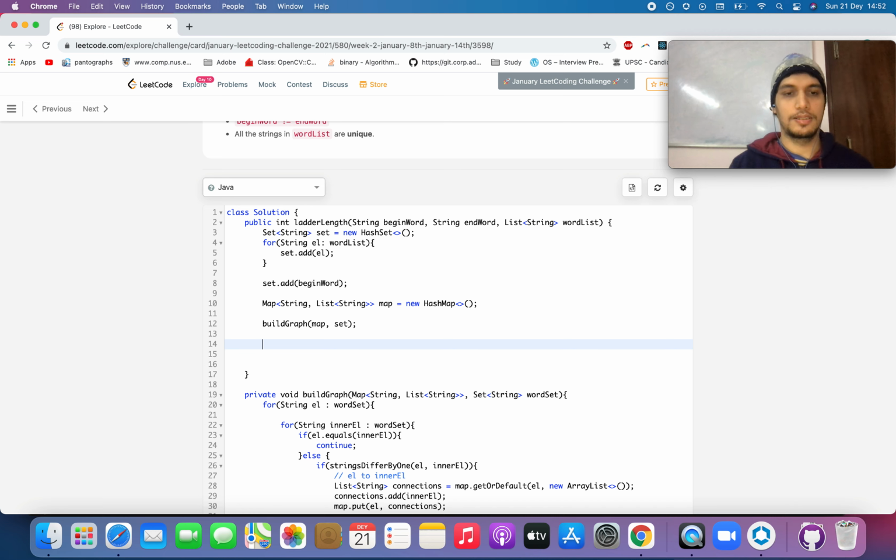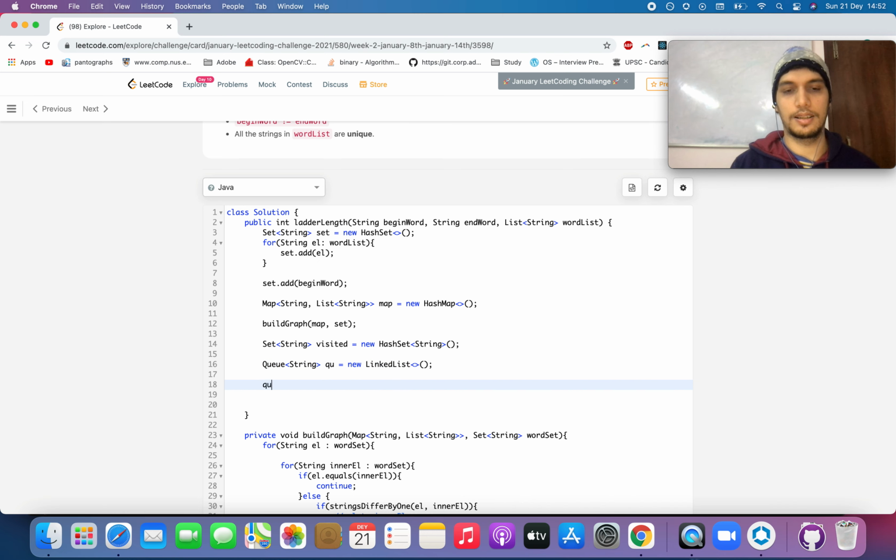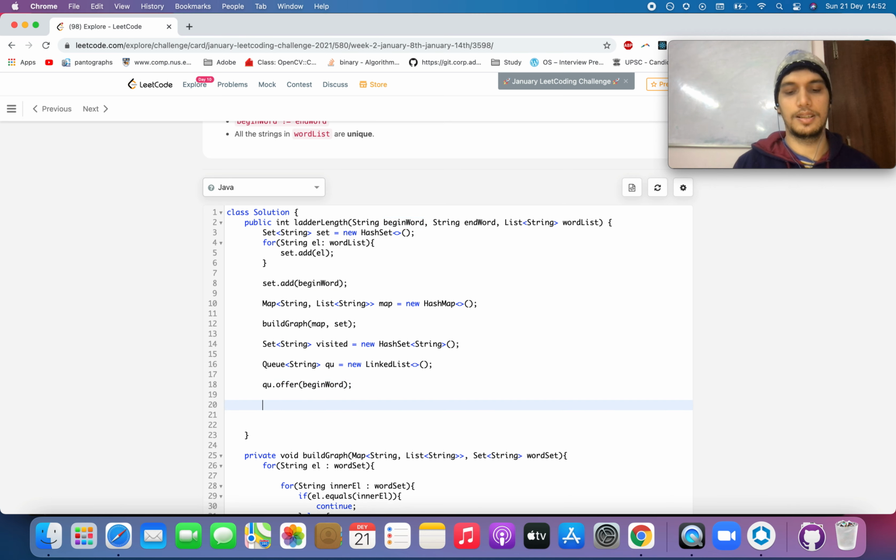And let's define another set of strings again, which tells us what all elements have been visited. So visited is very important. Hash set for strings, and this is a visited set. Let's define a queue. This is the standard way of writing the BFS traversal: queue new linked list, and queue dot offer. From which word are we starting? Begin word. We are starting from the begin word. And while queue is not empty,